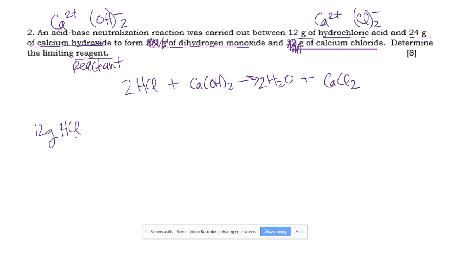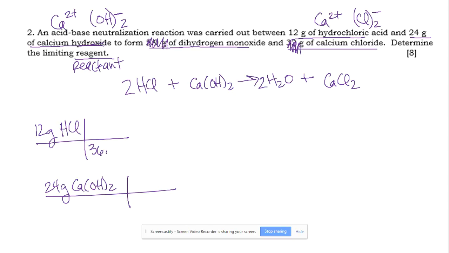the 12 grams of hydrochloric acid, and the 24 grams of calcium hydroxide. We're going to turn those into moles. So I have 12 grams of hydrochloric acid. To get rid of my grams, turn it into moles, and divide by the molar mass of hydrochloric acid, 1 hydrogen plus 1 chlorine, 1.008 plus 35.453 gives me 36.461 grams in 1 mole of hydrochloric acid. My grams cancel out. I do that division, and I get